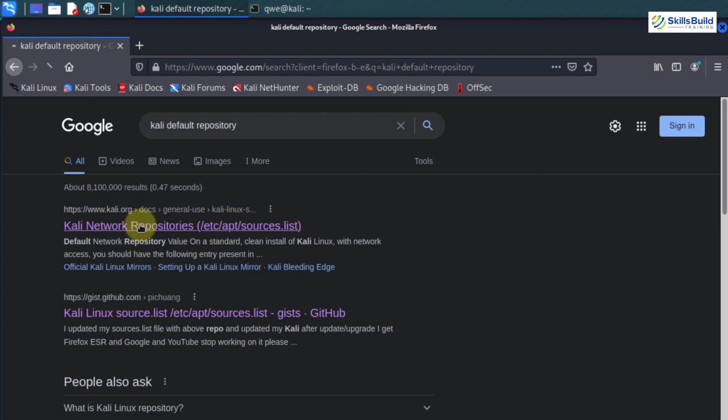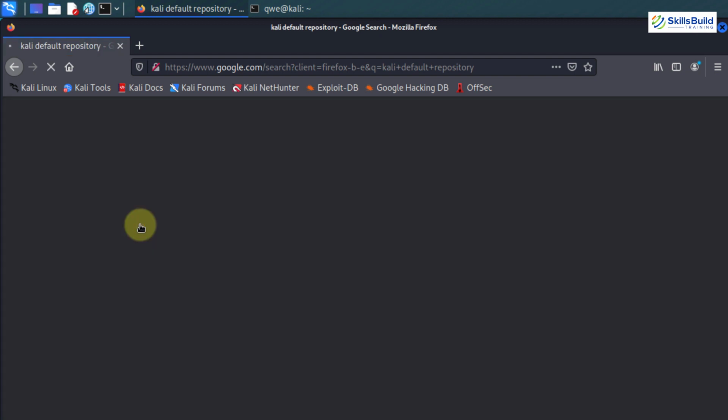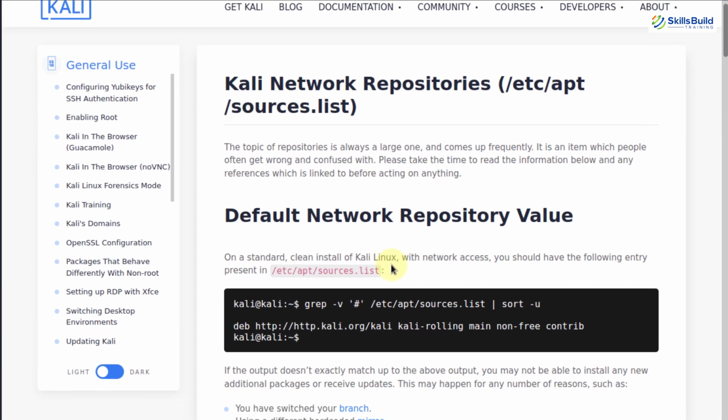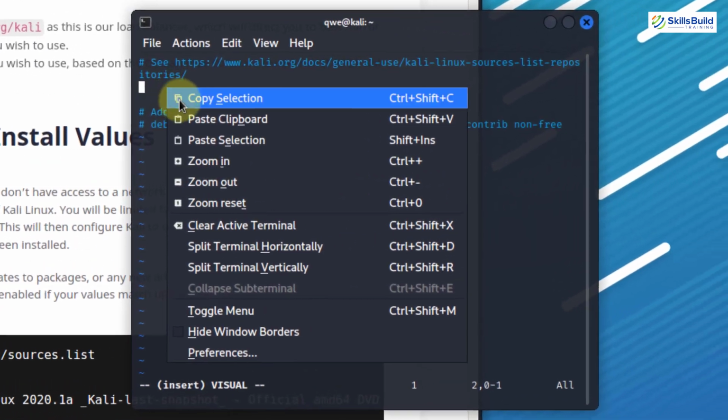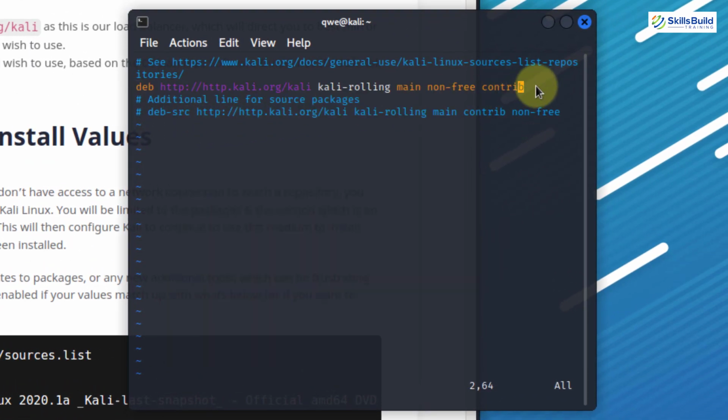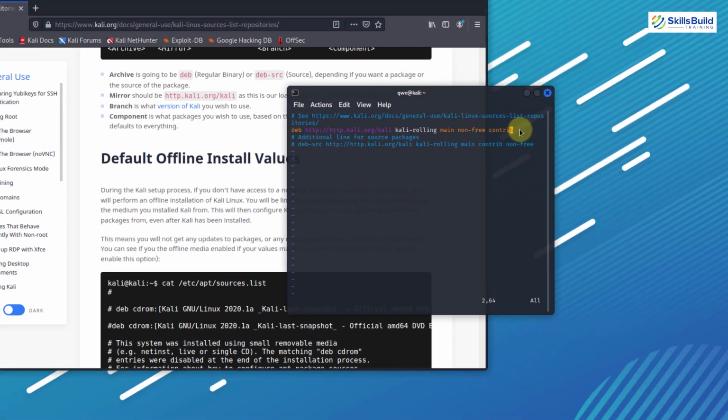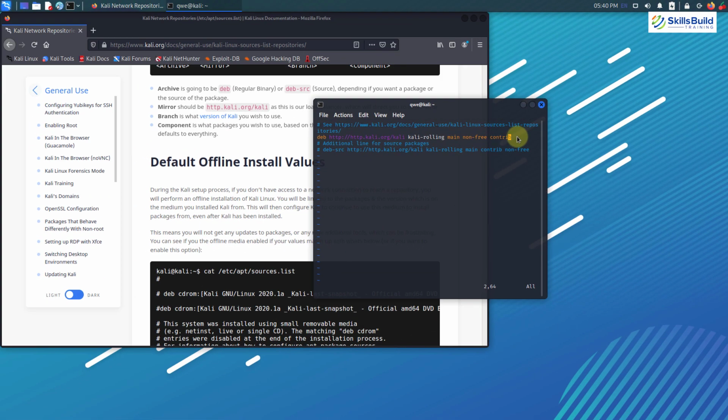Just go to that particular link because it is from the official website, and from here we will copy the official default repository for Kali Linux, and after that we will paste it into our text editor. And here you can see the repository has been added successfully. So this is how you can add your default repository into your Kali Linux in case it is not there.